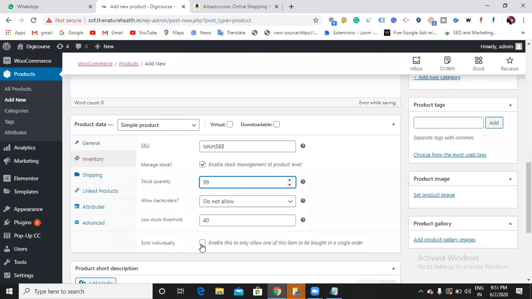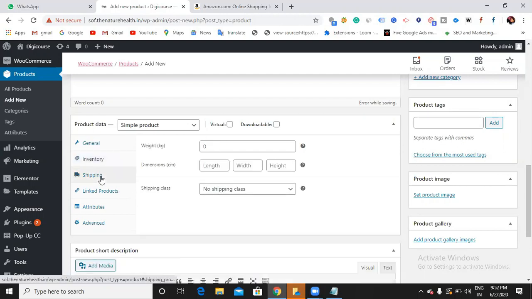Okay. So what is this sold individually? Now, if you want to purchase the same product in 100 quantity, do you just select 100, or do you purchase individually? Obviously we just choose 100, that gets added to the cart, that's it. So we don't select anything individually. If you want to make the customer choose individually, then enable it, otherwise disable it. I'm just disabling it because I want the customer to choose multiples.